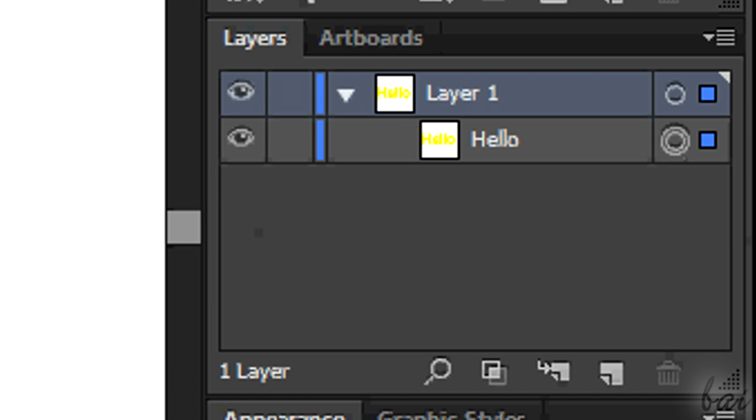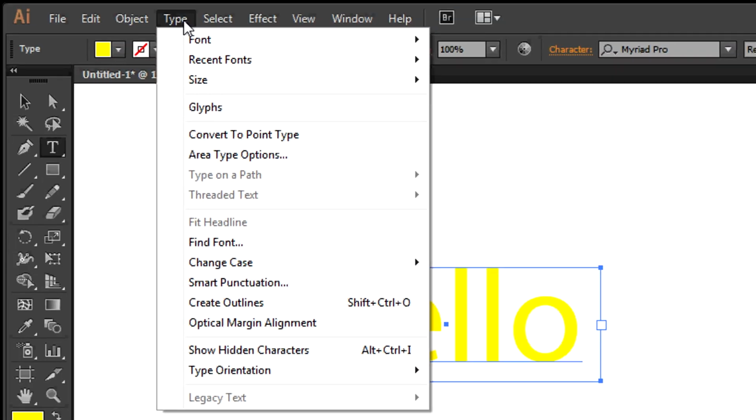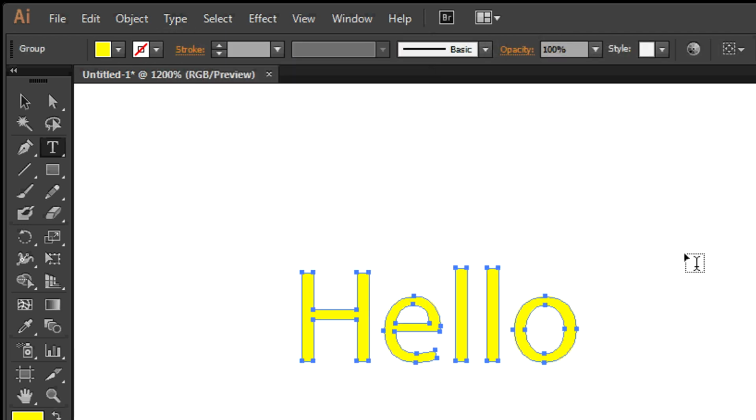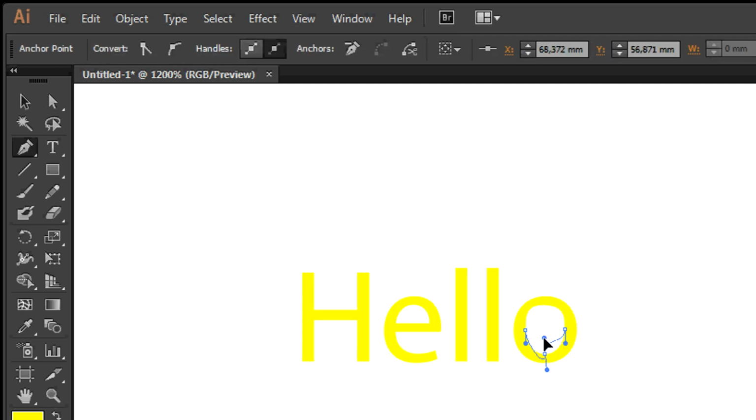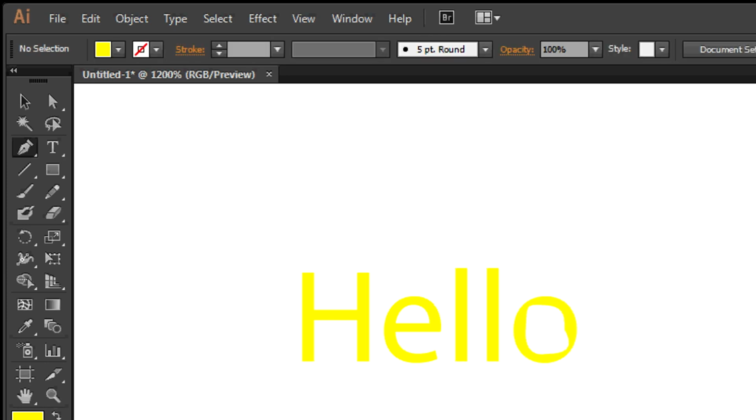Layers window. Then go to Type section and then to Create outlines. In this way, you will convert the text into a path, the same one that can be created using the Pen tool. In fact, if you enable the Pen tool, you can edit and personalize the text in full, moving anchors and changing curves. Apart from this, this step is fundamental to make the text 3D.